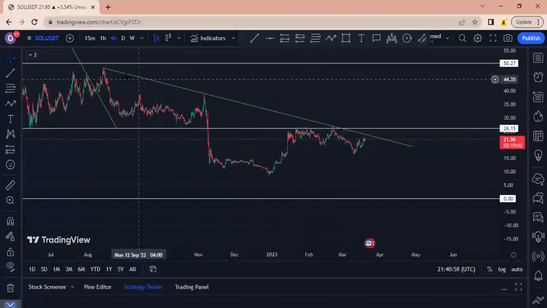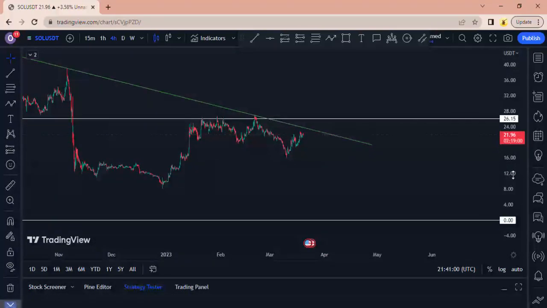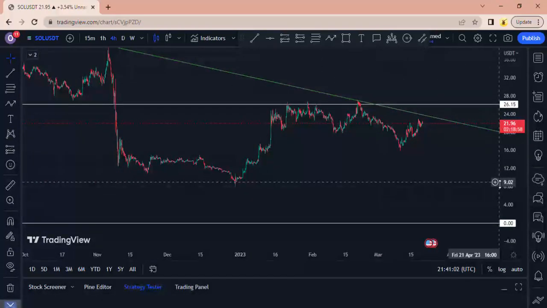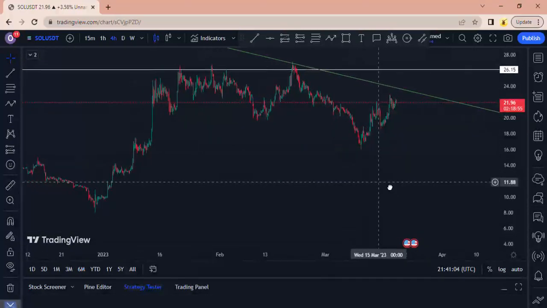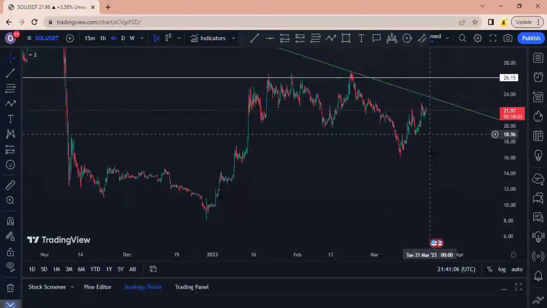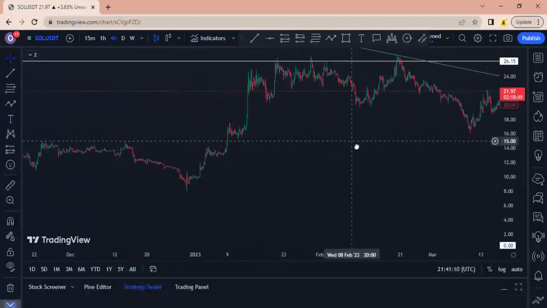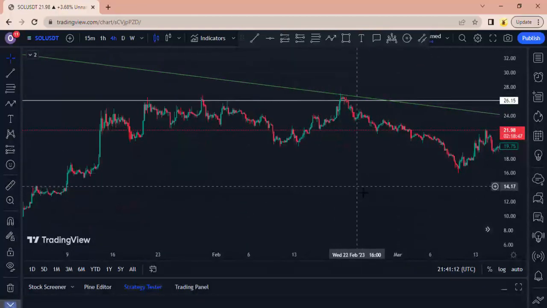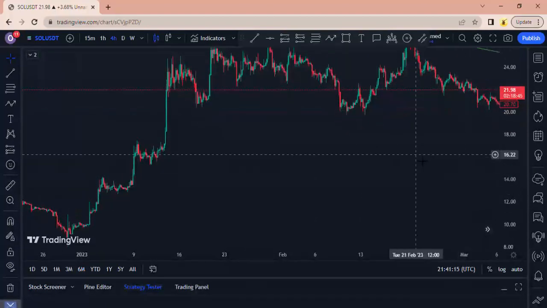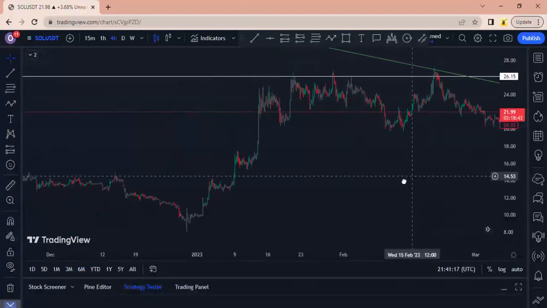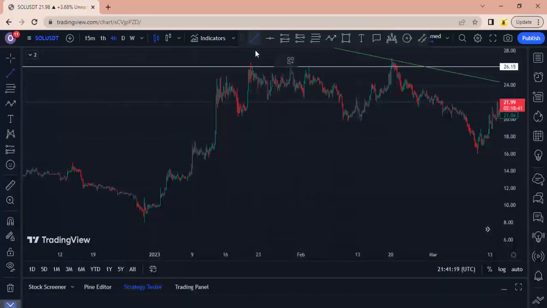So let me zoom a bit on the 4 hours. This is quite easy. All right, so I can see an uptrend. I don't know if you can also spot the same thing. All right, so right from here,